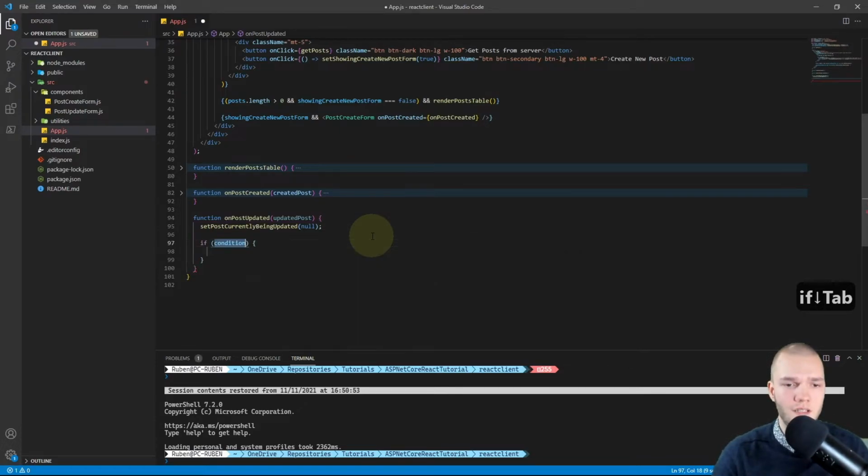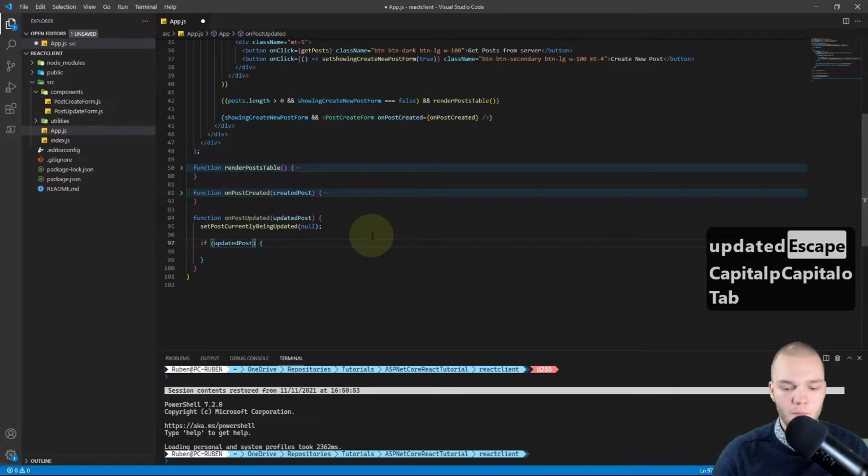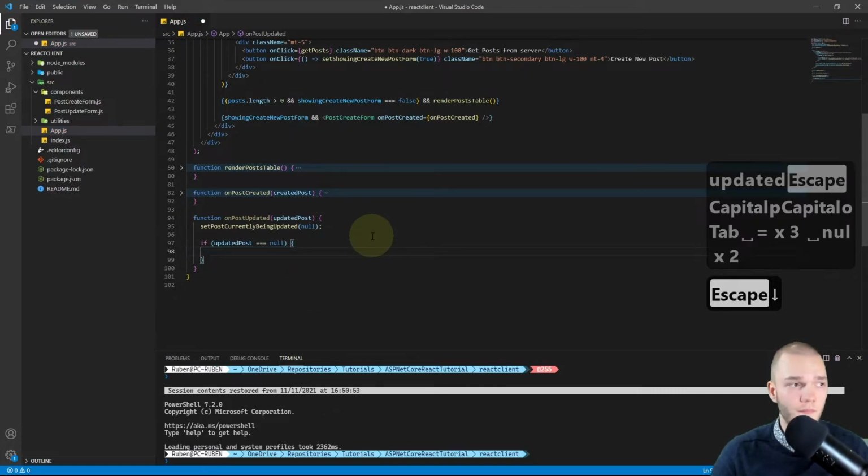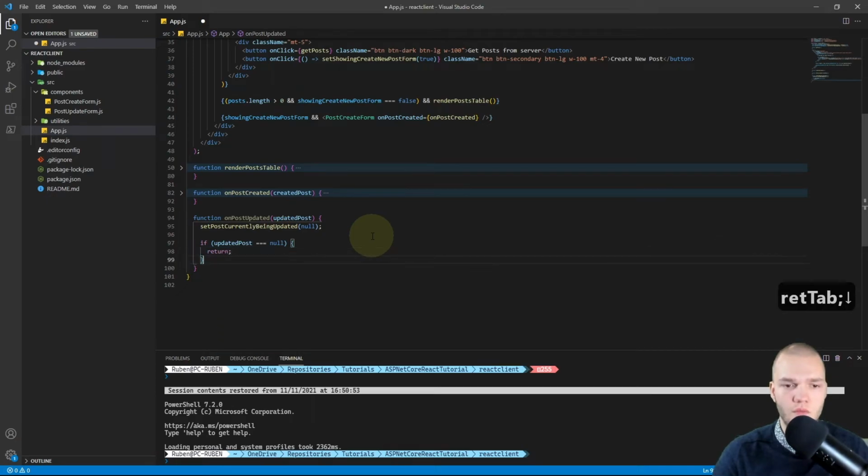Then I'll do an if statement. So if the updated post equals null, then I just want to return. And then I want to make a copy of the posts array.